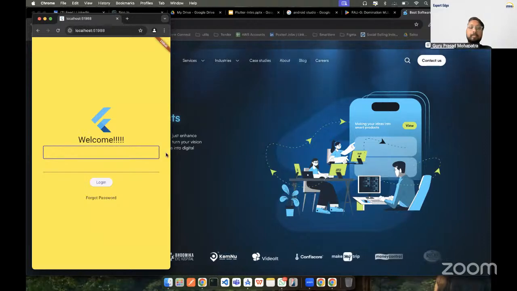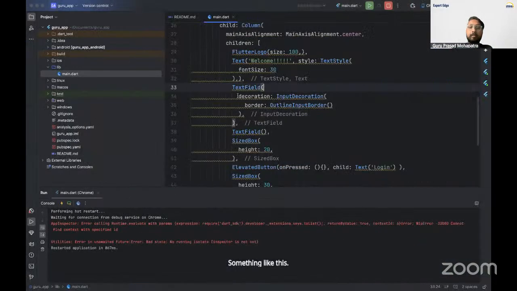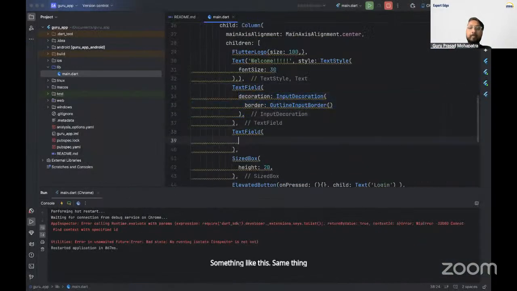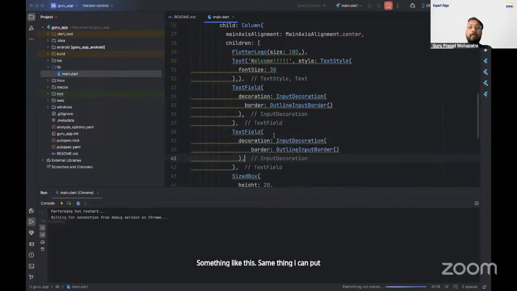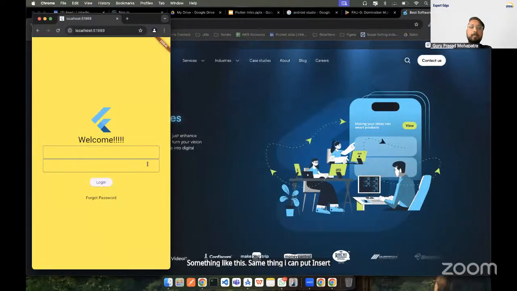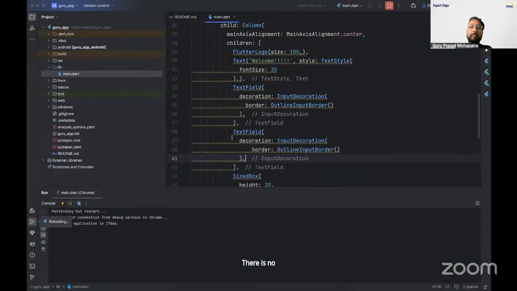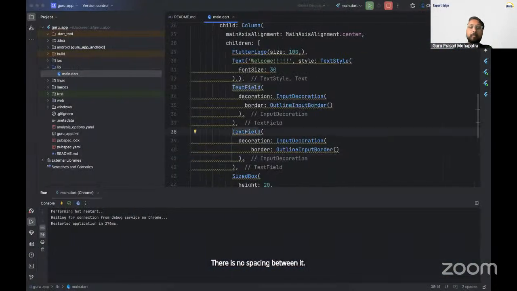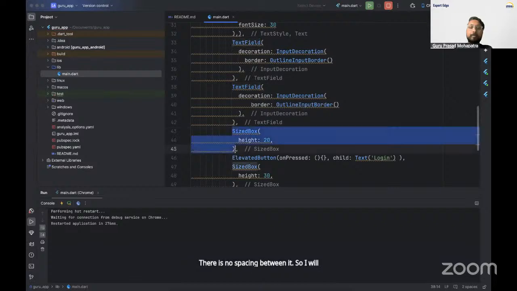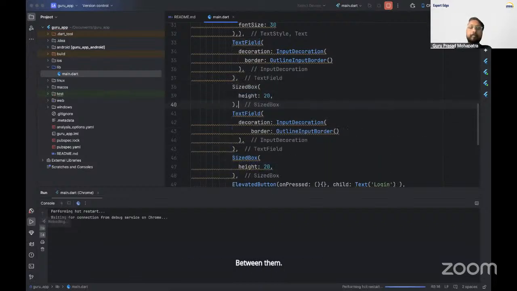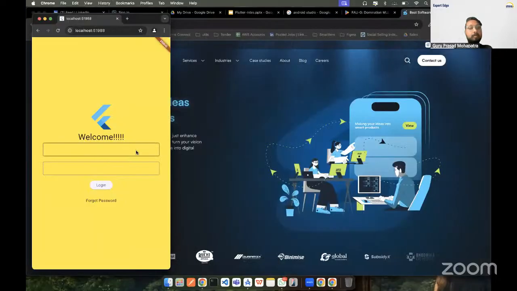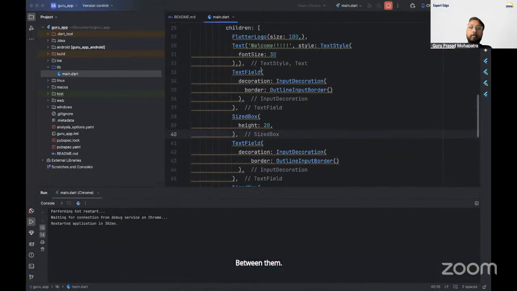It's coming like this. Same thing I can put inside it. There is no spacing between them, so I will put a sized box between them. Okay. And for the welcome as well.